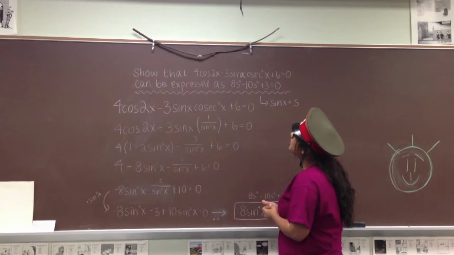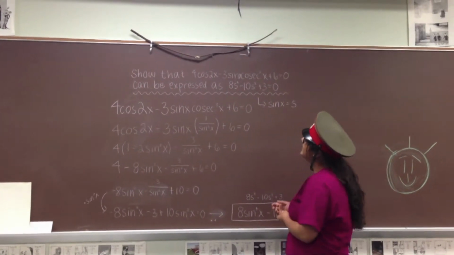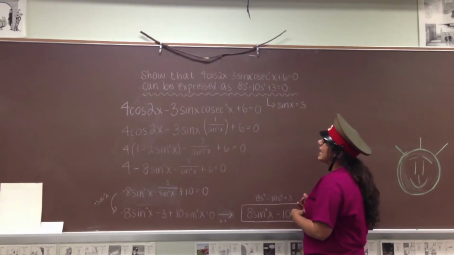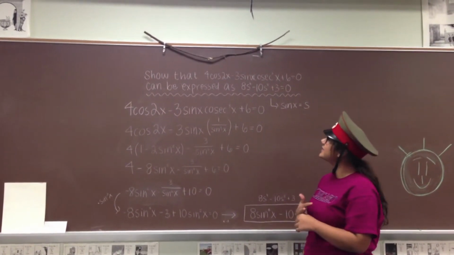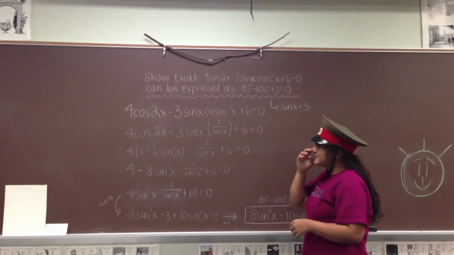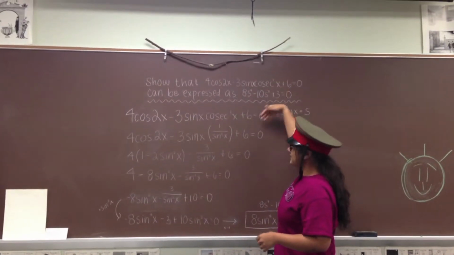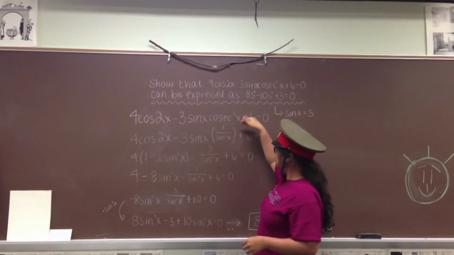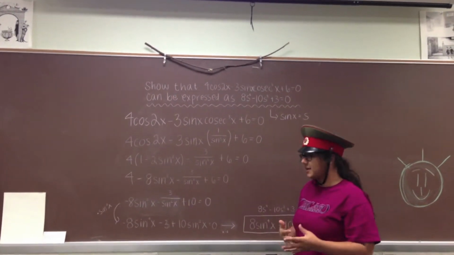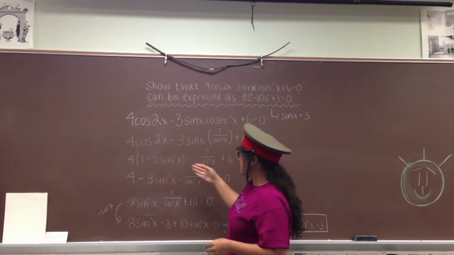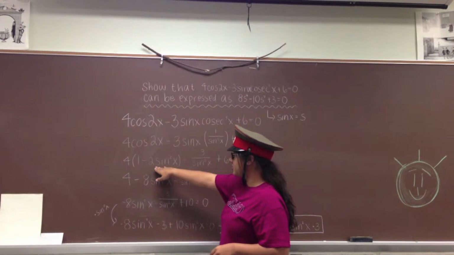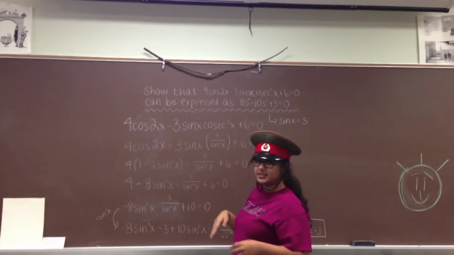Is show that 4 cosine 2x minus 3 sine x cosecant cubed x plus 6 equals 0 can be expressed as 8s to the 4th minus 10s squared plus 3 equals 0 when sine of x equals s. So we first just wrote this again, and then we substituted cosecant cubed x for 1 over sine cubed x, which is the same thing. And we took cosine 2x and we substituted it with 1 minus 2 sine squared x, which is a